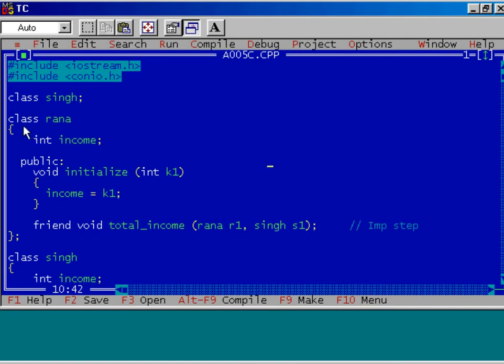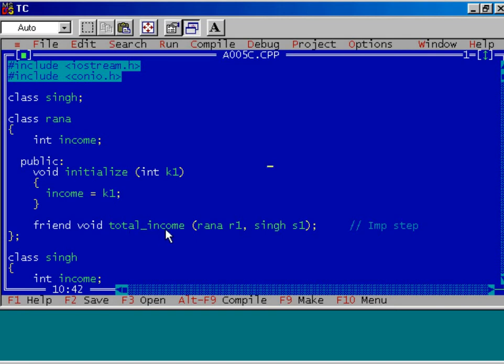Well, after that I define a class named Rana. The income is the only data member of this class. It is a private integer type of data member, and there is one member function, namely initialize, which initializes the data member income. Is it clear to you? Well, see the next important step. Total income is a non-member.